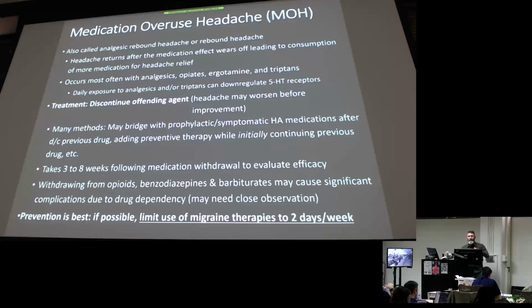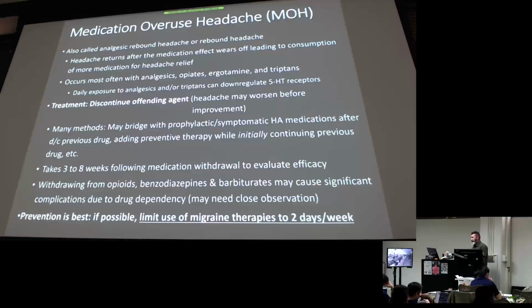And there's some down regulation of sensors, right? And we'll talk about what those are, serotoninergic receptors. But what you need to just know is that if you take those abortive agents often, sometimes you can start getting an overuse headache from having them too often or when you stop taking them. A lot of the ones like the butorphanol I mentioned, you can actually develop dependence because it's a narcotic, right, or a controlled substance. And then you'll see in the middle there, most often with the analgesics, opioids, yes, everybody kind of knows about coming off opioids and how you can develop dependence. But the triptans are a player here too, especially if you're using them very often.